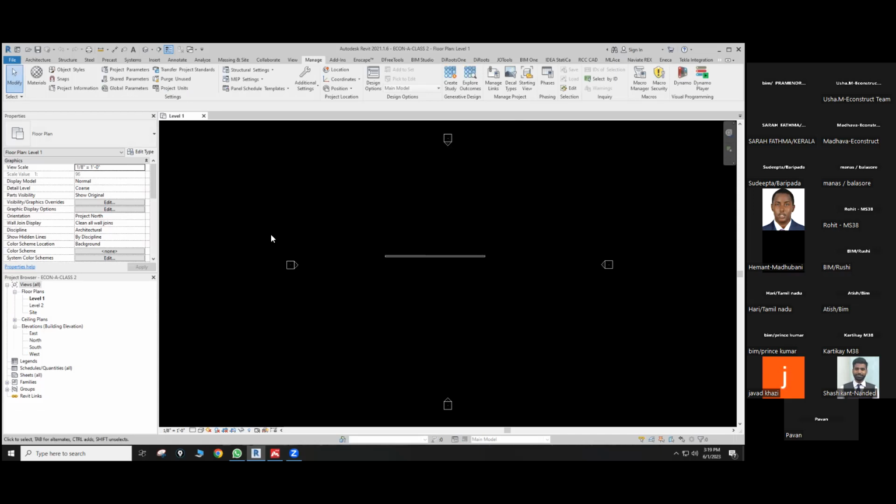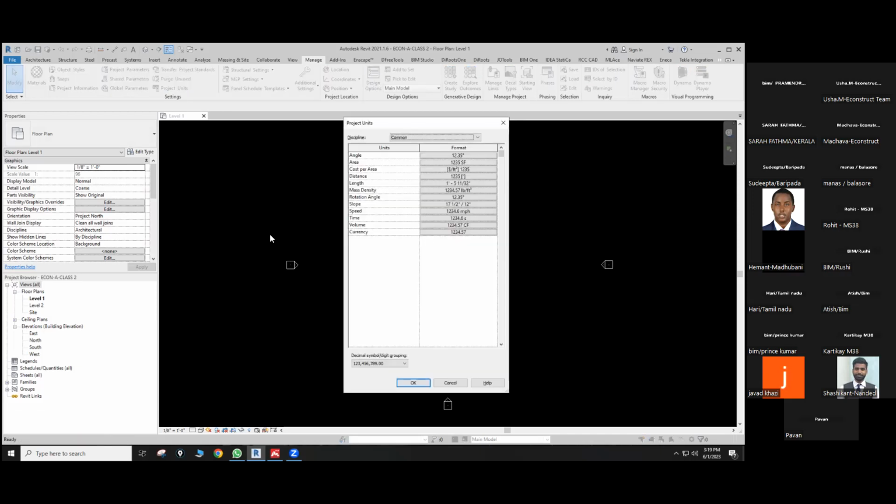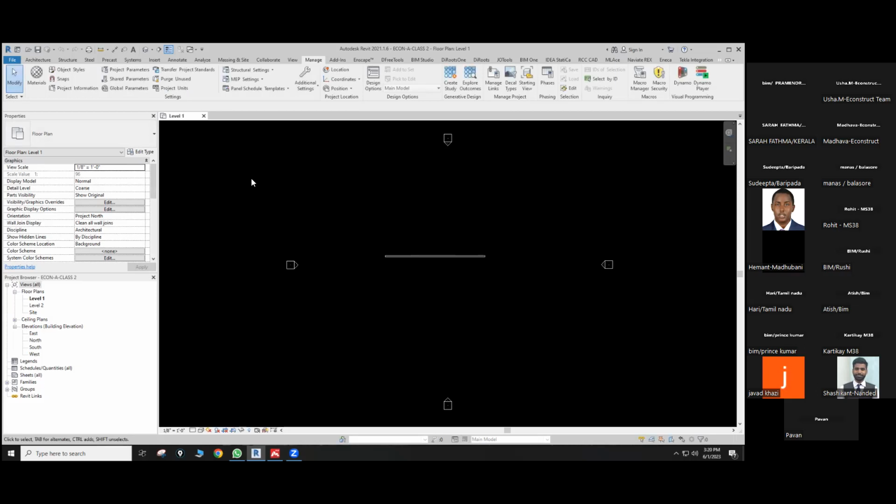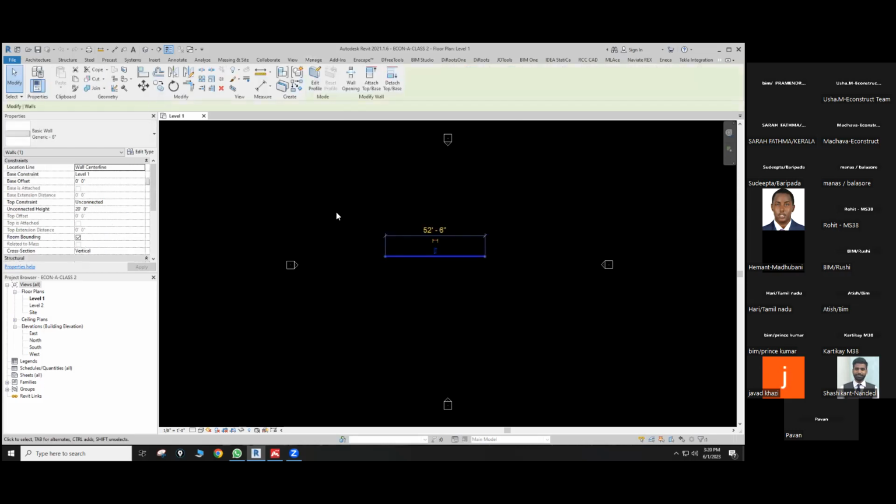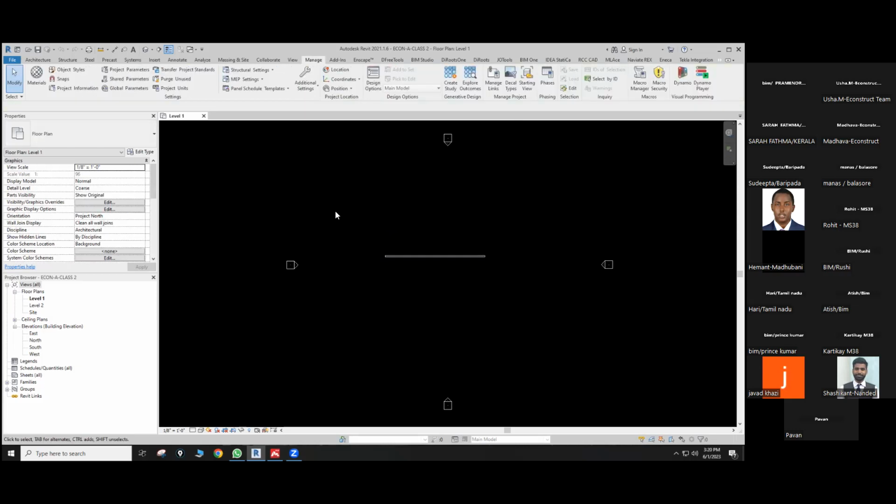Don't forget, I'm using the keyboard shortcut UN. So there is a project units dialog box displayed, so that you can modify it. For example, see this one, it's 52 feet 6 inches, right? So how can we change this one? Before changing,